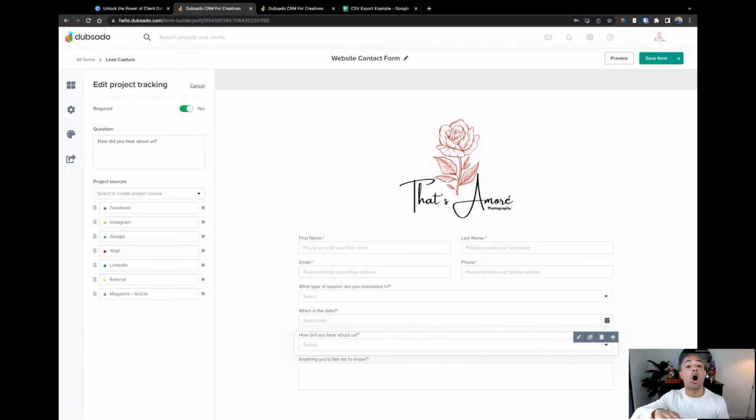And that's going to automatically add it into that project instead of you having to manually go in and add it to all of your projects every time a new lead comes in. So that's just a quick tip for you. If you're wanting that to be more automated, you can do that with a project tracking element on your lead form. So that way they can select it, it gets added to the project, and you can start to collect that data.